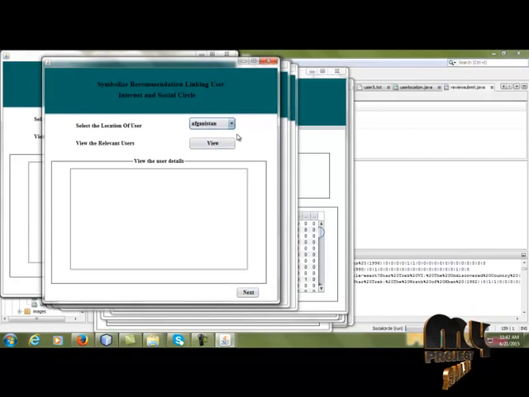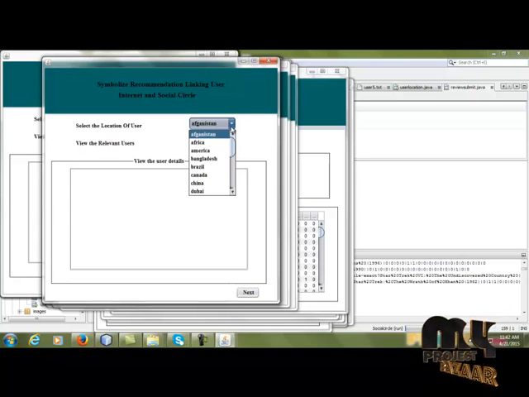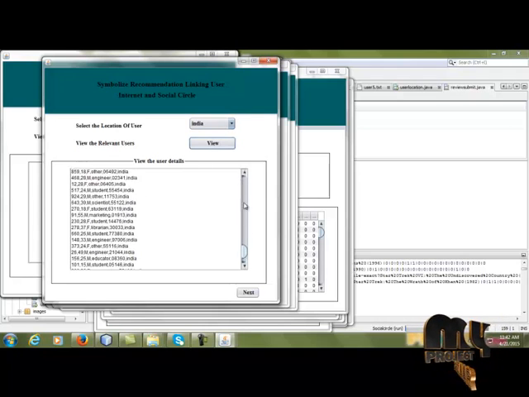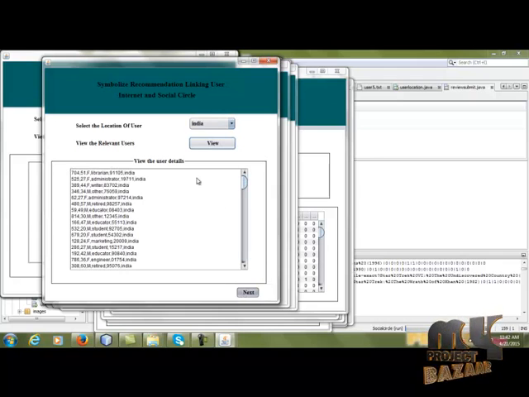In this place, the user will give ratings in the social circle. That means you want to separate your circle. If Indian user ratings are somewhat different from American or other countries' users, you have to separate your users by country. That means view only Indian users. After that, you can predict for Indian users.